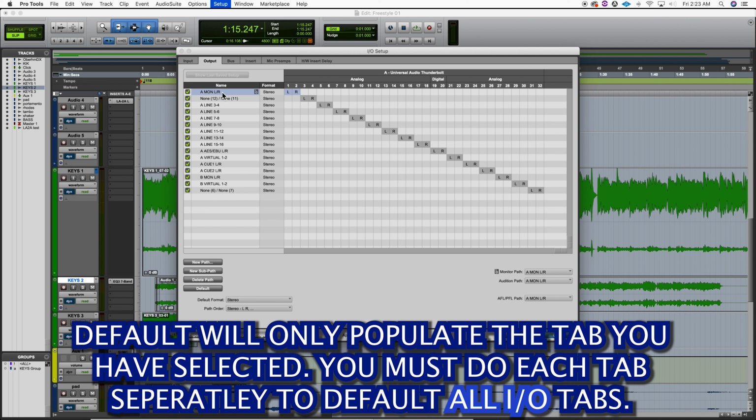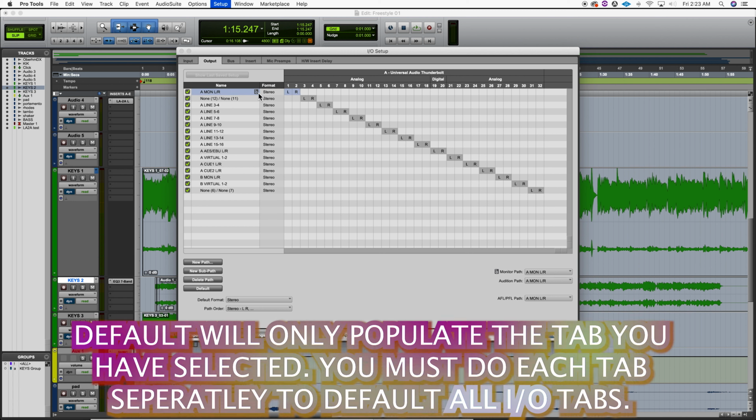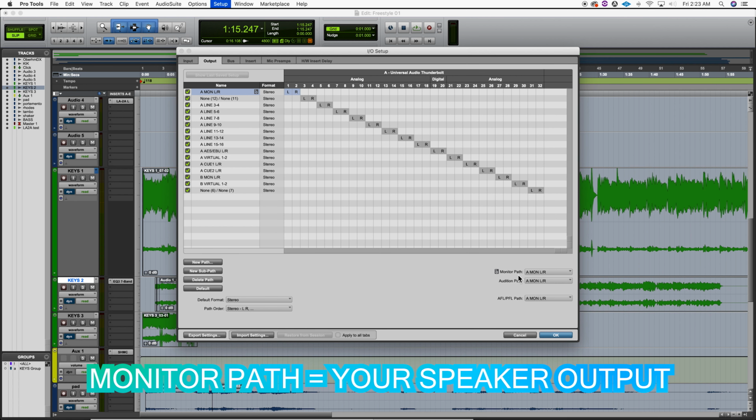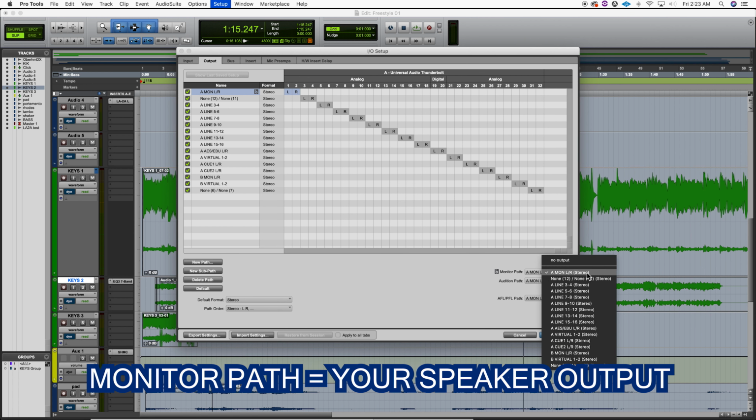Note that your monitor left and right output is 1 and 2. Why is that? Because that output is an output. It's a physical output. It's your first and second physical output. And your monitor path is 1 and 2 essentially. That's why it goes straight to 3 and 4. Okay, I/O can get really cumbersome, and I probably shouldn't have started with that because I hope I didn't lose